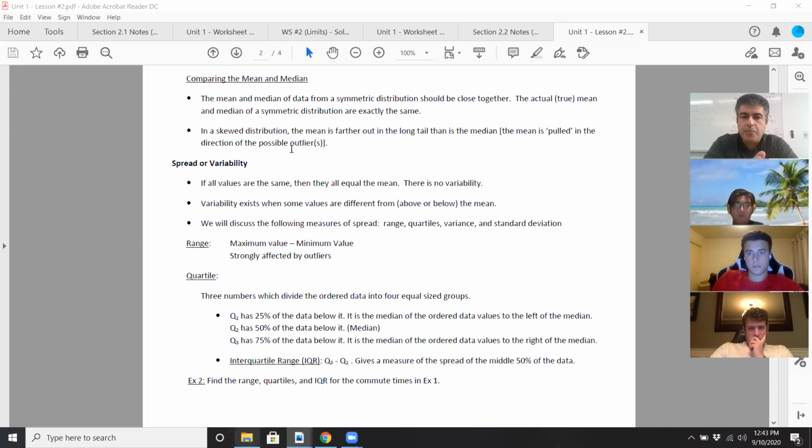If I read the first bullet point, the mean and median of data from a symmetric distribution should be close together. The actual true mean and median of a symmetric distribution are exactly the same. So what's meant by symmetric? Symmetric means that your data points,